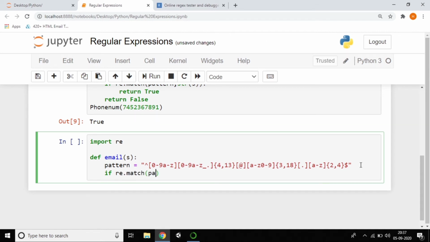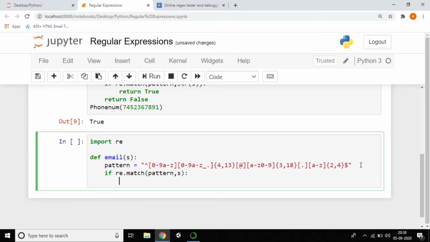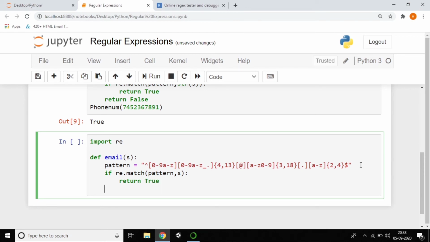So pattern comma s. It returned true, and otherwise it returns false if it was not working fine. So it has returned false.